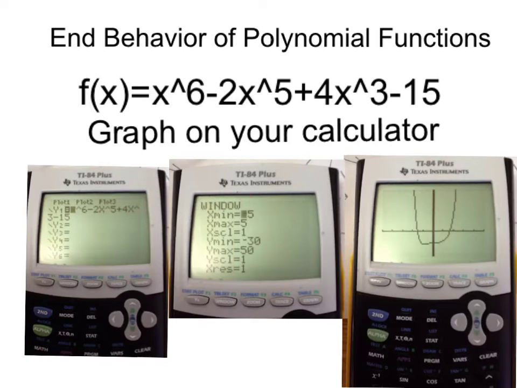And you'll find, depending on your functions, you might have to increase or decrease, play around with your window so you can get a pretty good idea of what your graph would look like. And of course, it's important for some of them that go up and down. You'll see this when you do your homework. With the functions, you want to be able to see the bottom part right here, as well as to make sure that the end behavior of the function is actually tending towards the correct direction on your screen